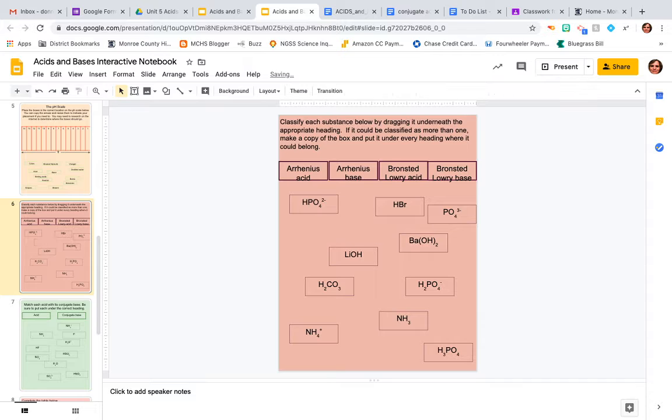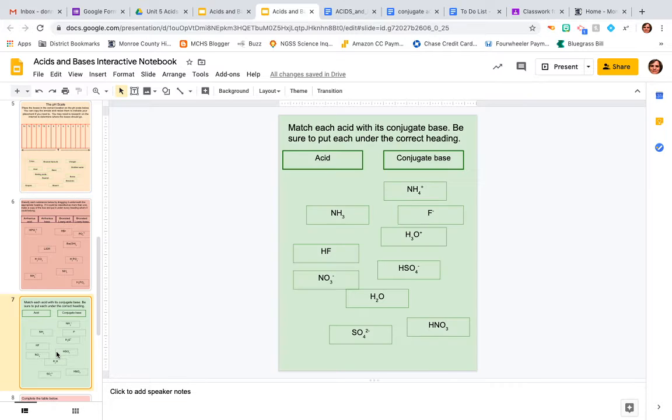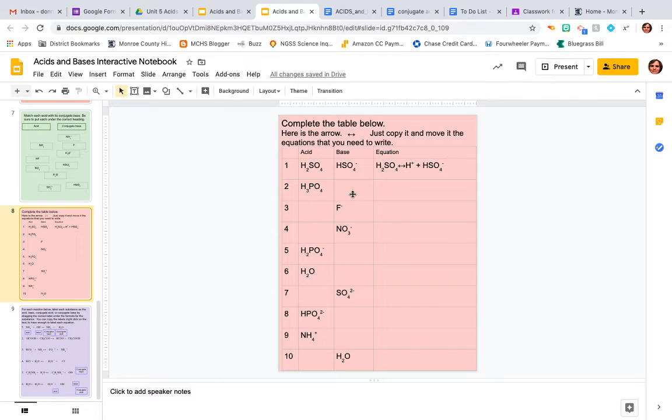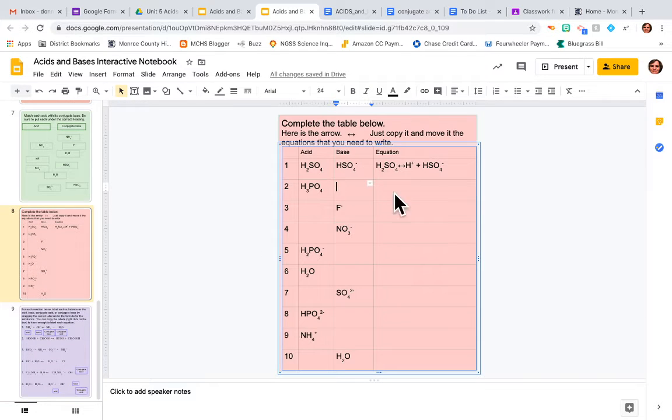If I don't need it, I can delete, I can backspace, I can right-click cut or edit cut to get rid of it. This is another one where you're just dragging the boxes. This is a table where you're going to be clicking inside the box and completing information. Again, subscripts and superscripts, after you make your numbers or your pluses and minuses, like if I put H2O here